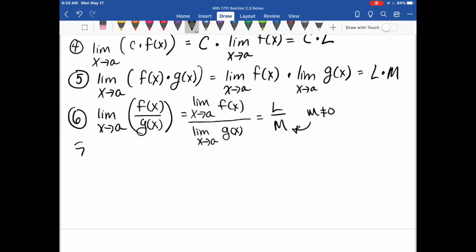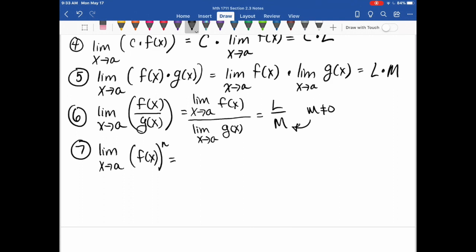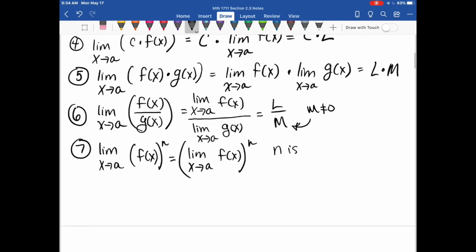Okay, rule number 7. This is the power rule. If I find the limit as x approaches a of some function raised to a power, I can rewrite that as the limit as x approaches a of f of x, take that limit and raise that limit to the nth power. And this only works if n is positive, or if n is negative,